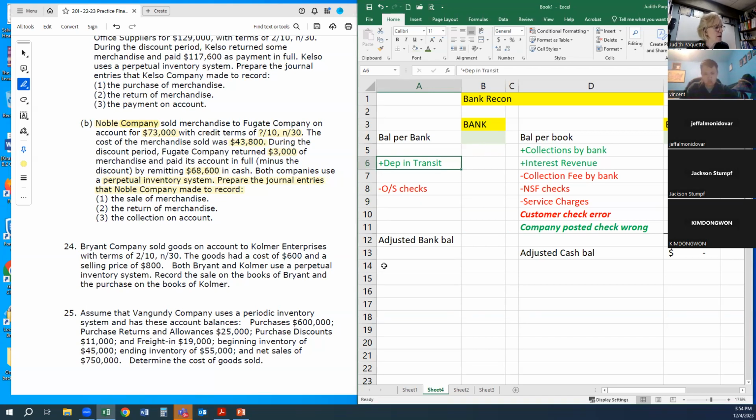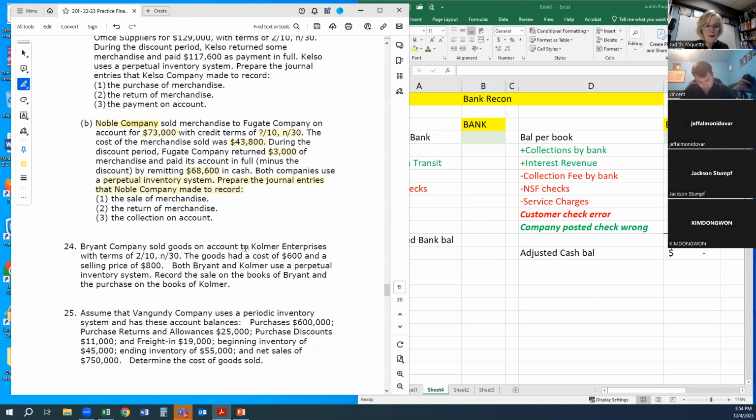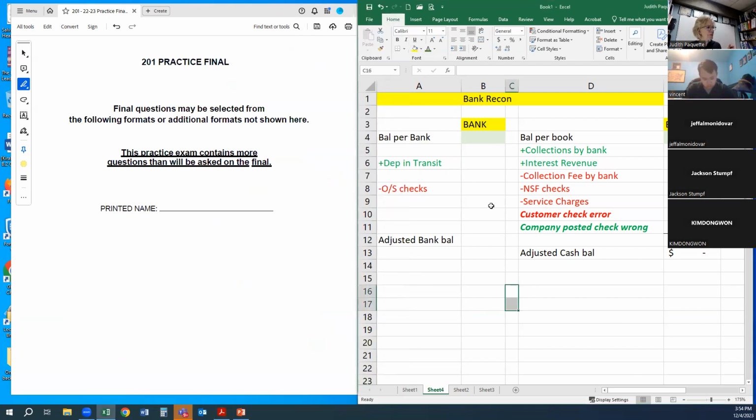All right. So bank recon does not have to be fancy, but I have to understand what you did. I like the bank on the left, books on the right. I don't care what you do, just be consistent when you practice so you don't get it confused and backwards in your brain. Okay. Under the bank, you pick up the bank balance from the statement, and then you add